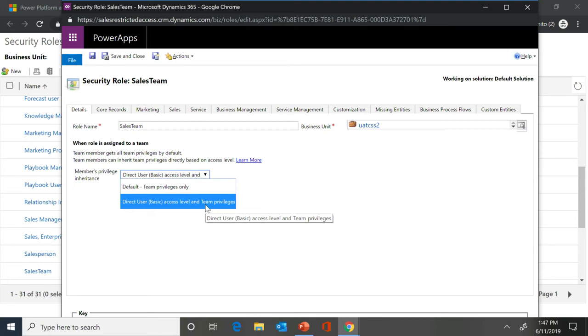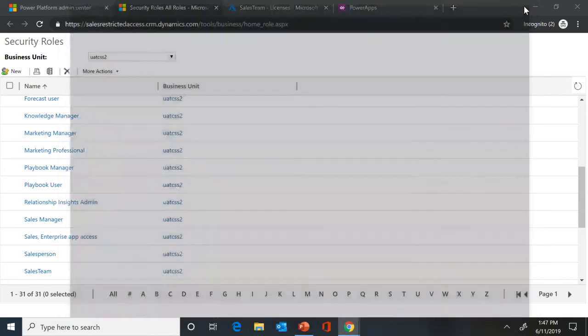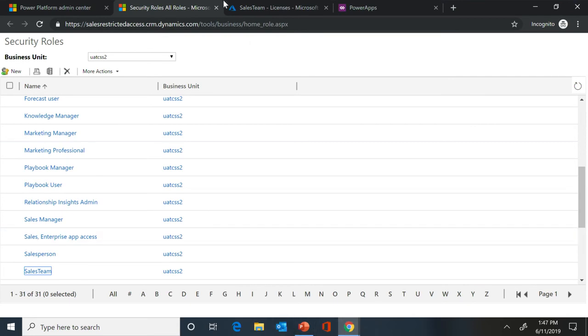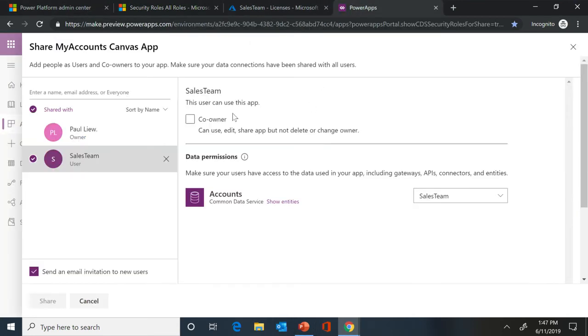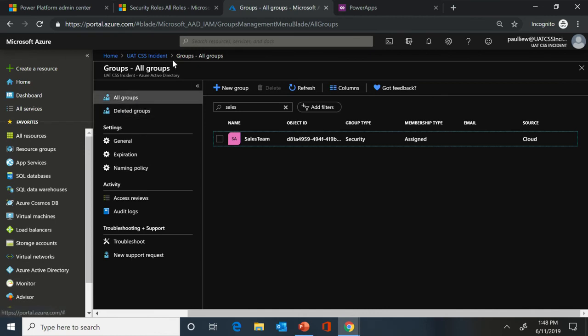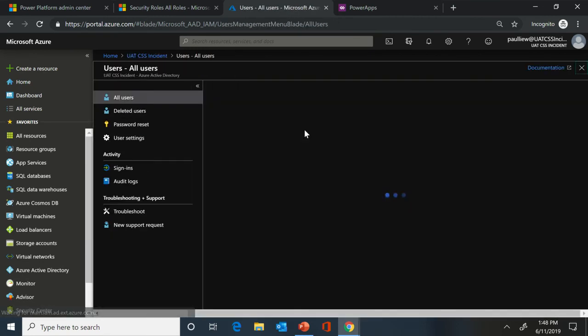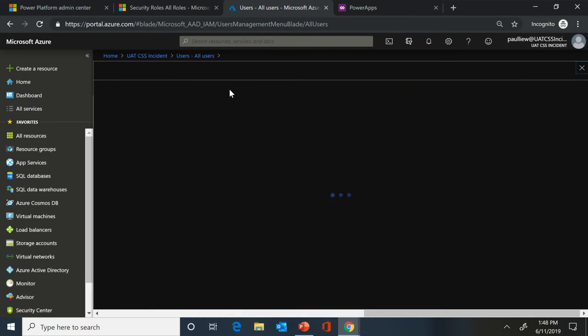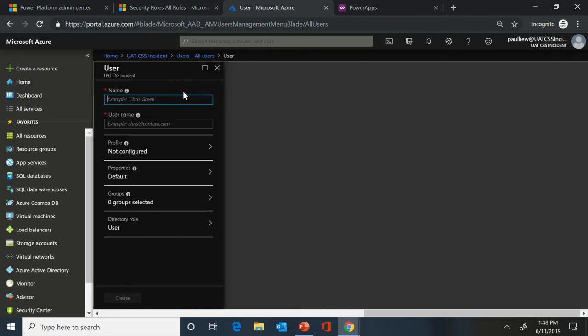Okay, so my scenario is I created an account app and share it with that team. So in the back end, we have everything set up. It's only done once. So going forward, I do not need to do anything for any new particular user. All I have to do is go into groups, user, new user, new salesperson,